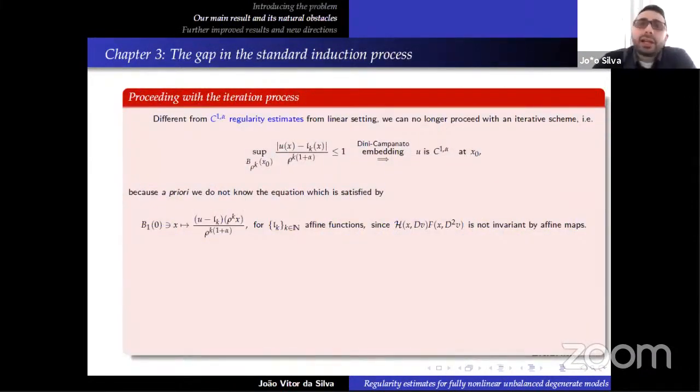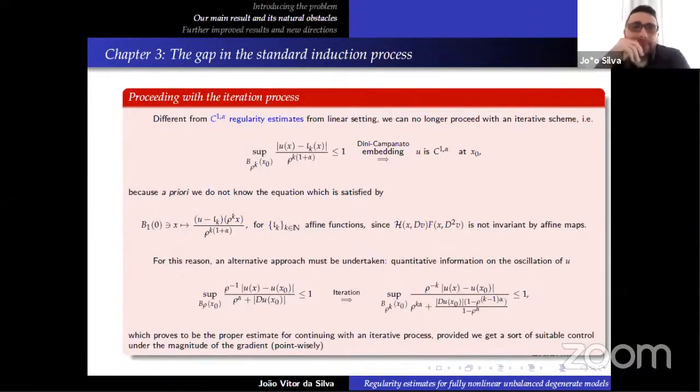In elliptic regularity theory, when you wish to prove C^{1,α} estimates at x_0, you can find a sequence of affine functions such that at each level k, you can approximate u in the following sense. But we have an obstacle here. Our original operator is not translation invariant with respect to this affine function. When you compute the PDE that this profile satisfies, we can't recover or associate it to the original PDE, for example. Then you overcome this obstacle,